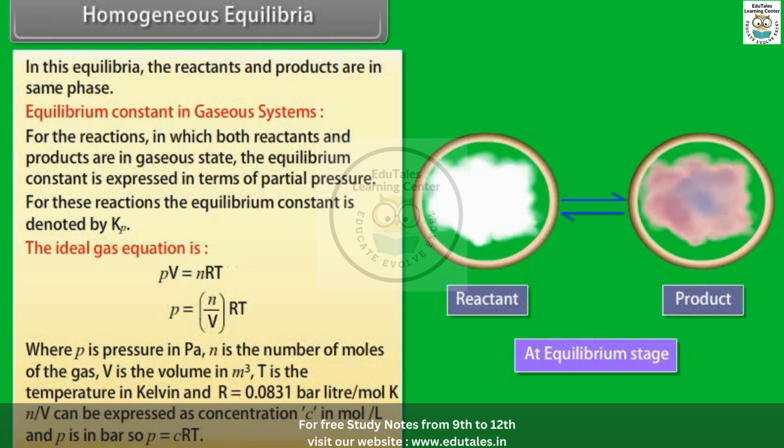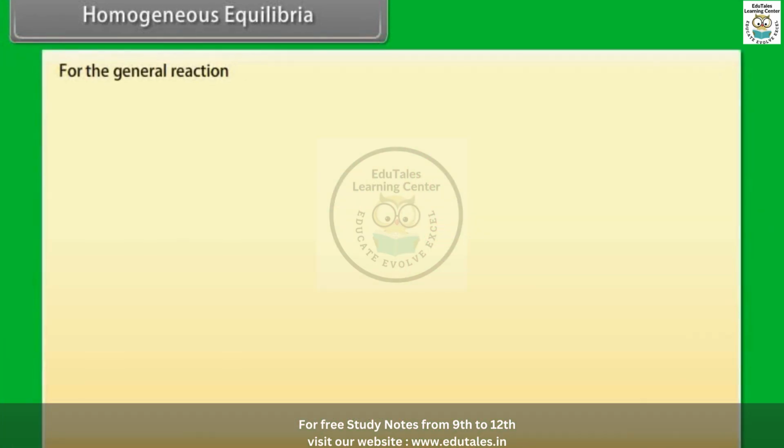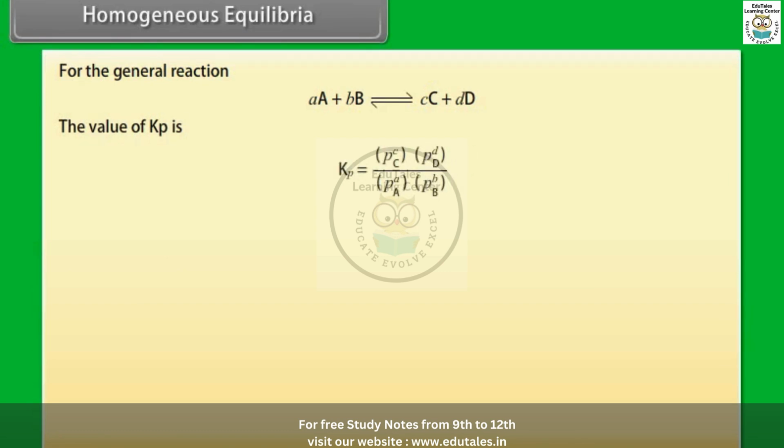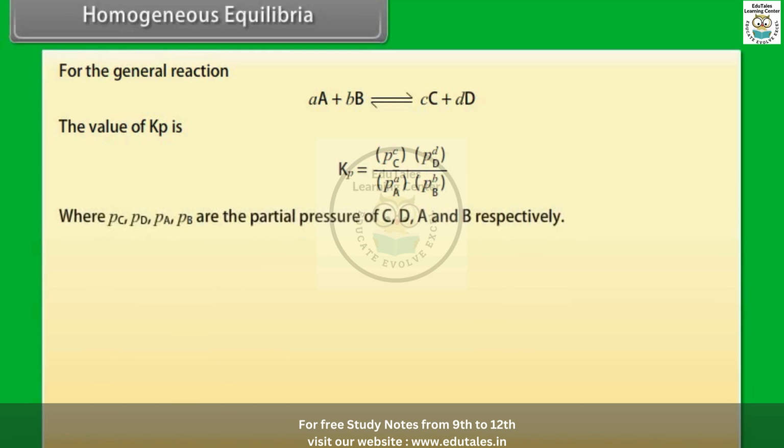N by V can be expressed as concentration C in mole per liter, and P is in bar. So, P is equal to CRT. For the general reaction, the value of Kp is where Pc, Pd, Pa, Pb are partial pressures of C, D, A and B respectively, and it can be solved to